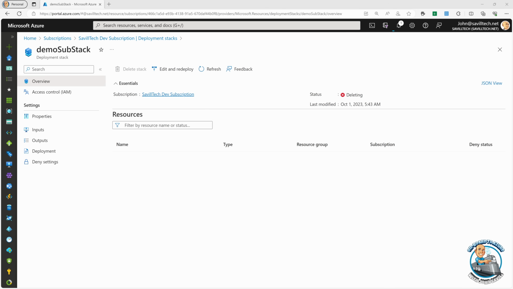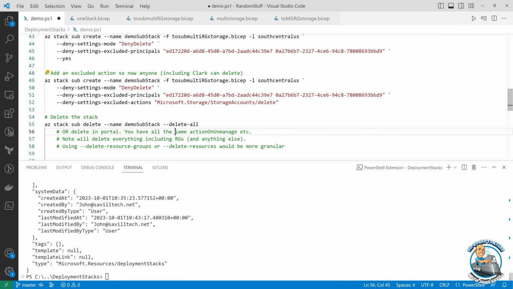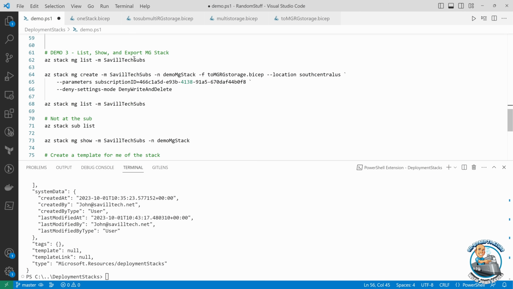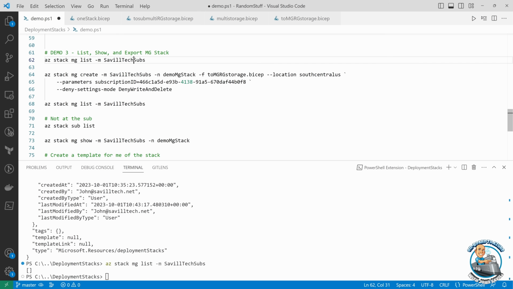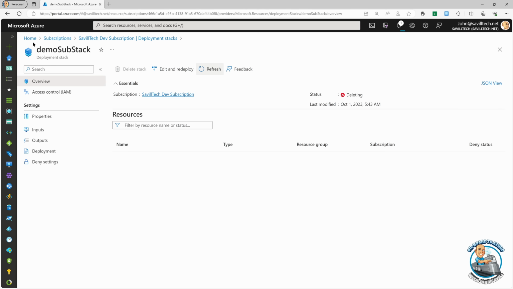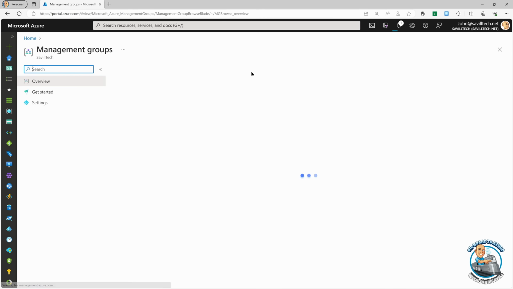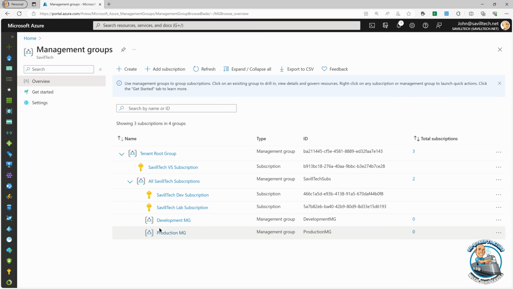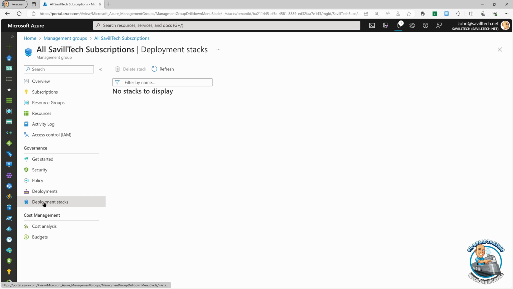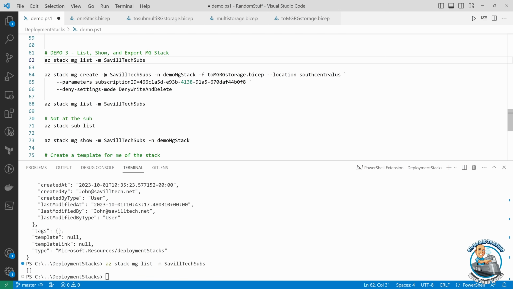And then the final demo, again, really nothing different, is I can target the management group. So remember, we have a management group hierarchy. If you've not seen management groups, just super, super quick. The whole point is I can create a hierarchy into which I can put my subscriptions, so they inherit policy and RBAC capabilities that I apply to those. But in exactly the same way,